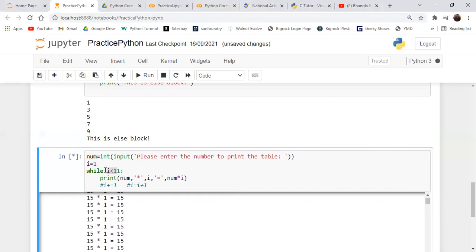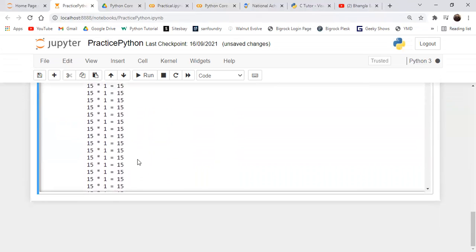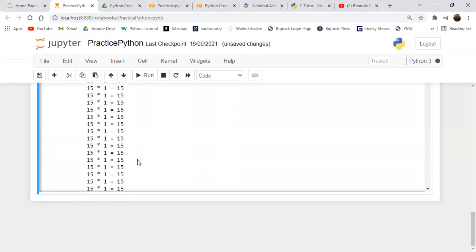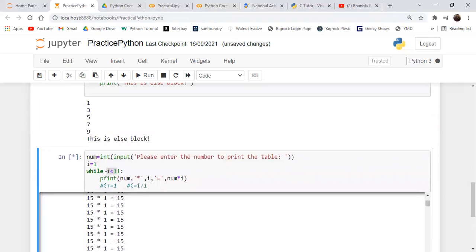See this. So make sure when you are making any program using a while loop, the third step, which is increment or decrement, is the most important part of the loop,